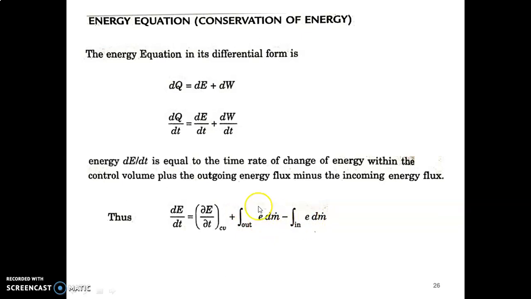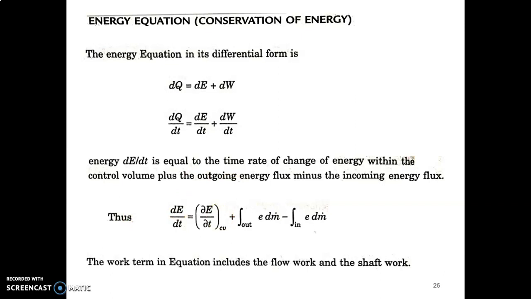Now taking the units, if you consider this as capital E by m and the mass flow rate as m by t, then both the masses will cancel, and we get energy by time. So the unit will be the same for this term and this term. That's why we have taken the specific energy, and as an integral we have taken the derivative of the mass flow rate dm dot. So this will be the rate of change of total energy within our system.